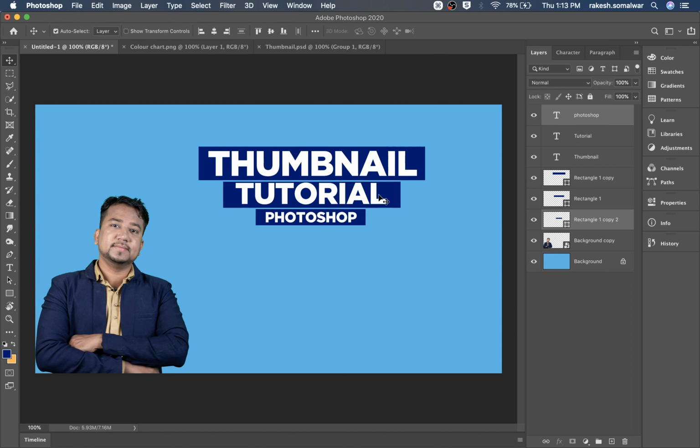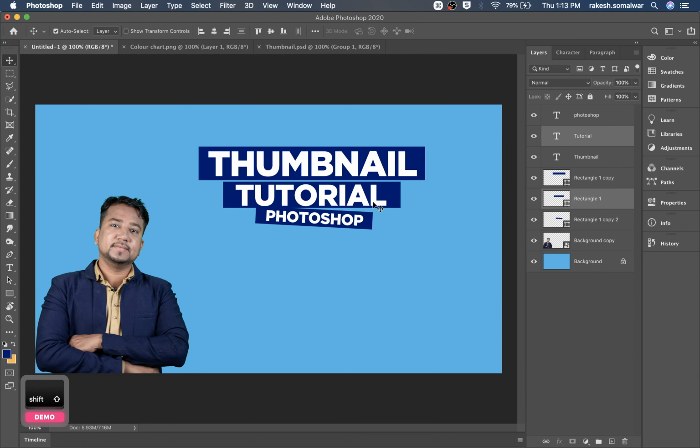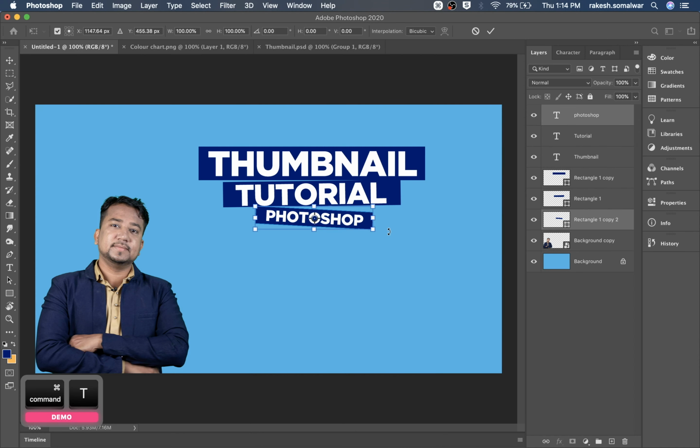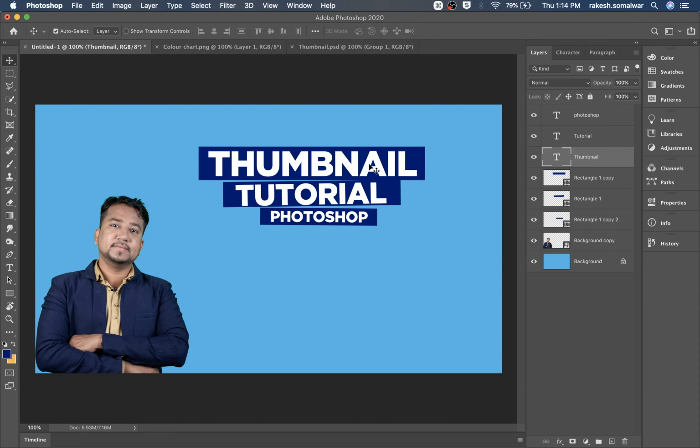Select all, select shape and text layer each, select vertically align, and now you can select each shape with text to rotate and keep it little fancy. This way is looking fine.